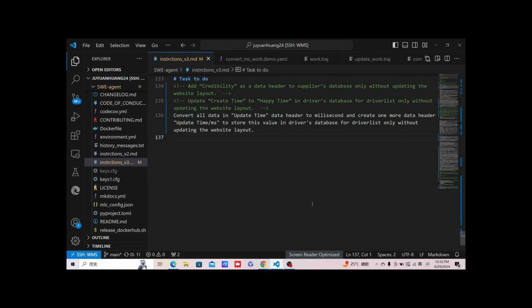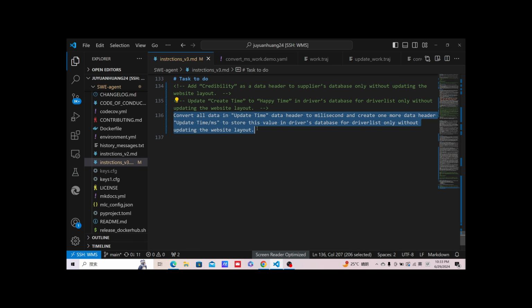In this video, I will show how to use a large language model to change a known code base and achieve something based on the client's request. The code base I use is a warehouse management system. I have done 3 different demonstrations on this code base, and I will show one of the most complicated demonstrations